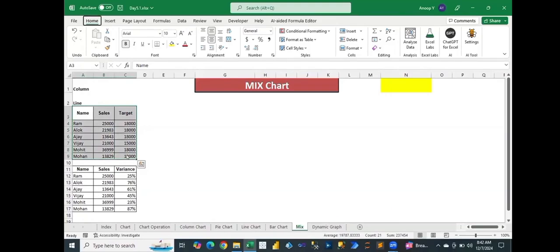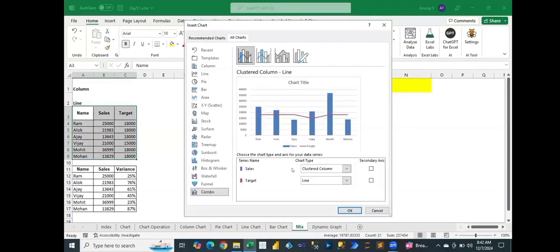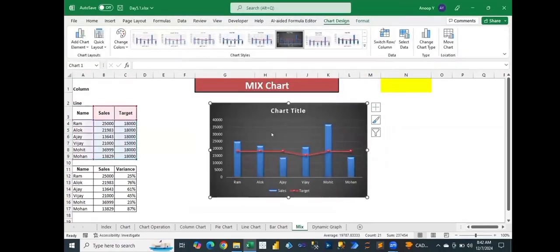If you select this and press Alt I H, and go into all charts, here you can see this combo chart. Click on this, and you will see the combination of the column chart and line chart, also known as a mix chart. Target I just want to show in the line. If I click on OK,